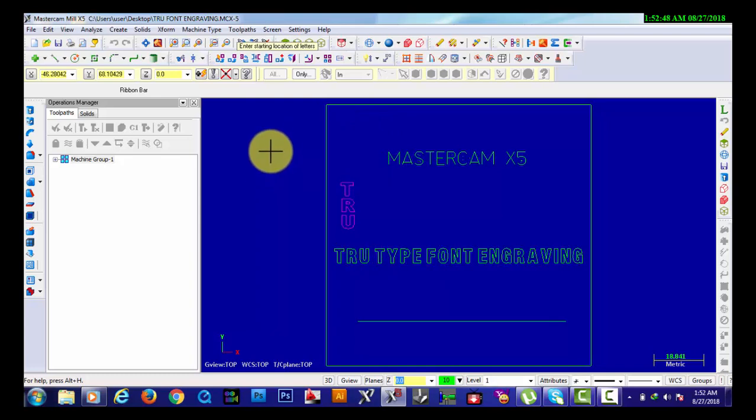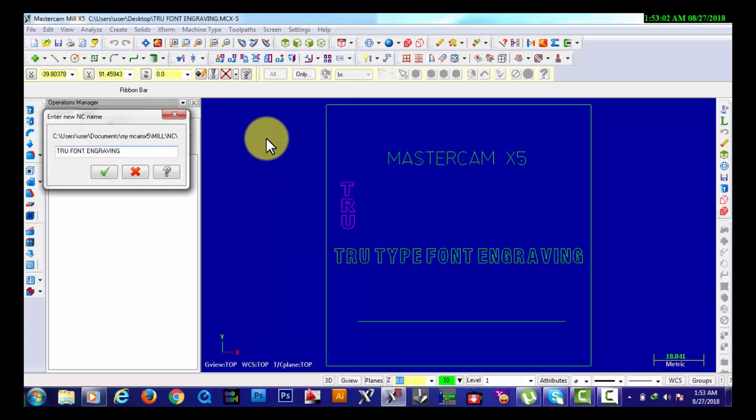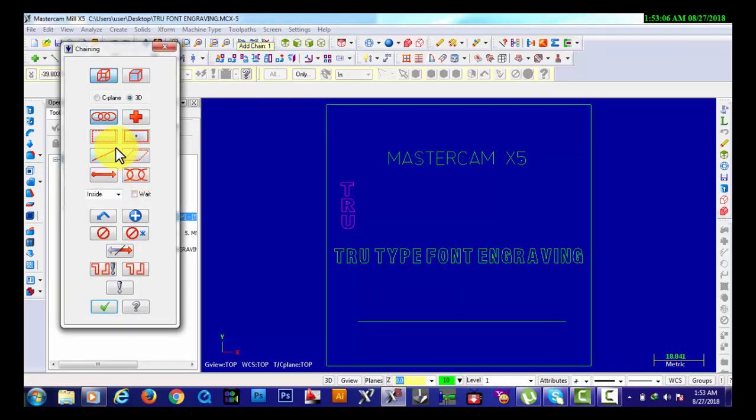Now toolpath is going to engraving. I go to toolpath, engraving. So here select window.